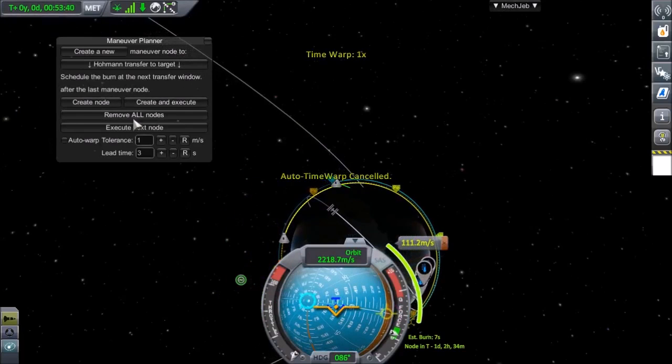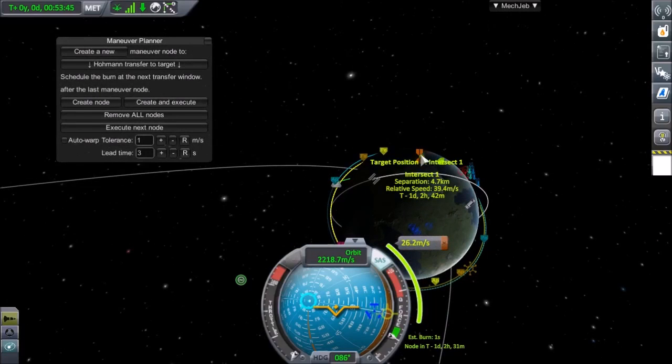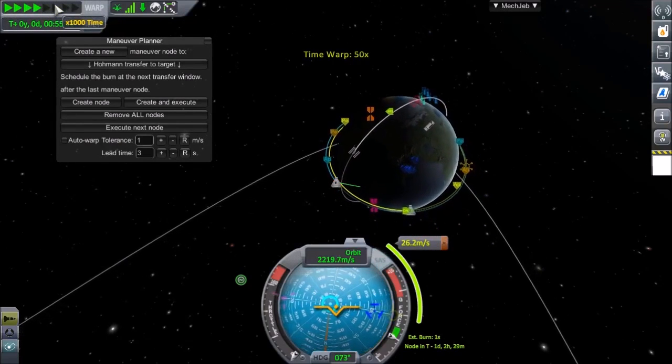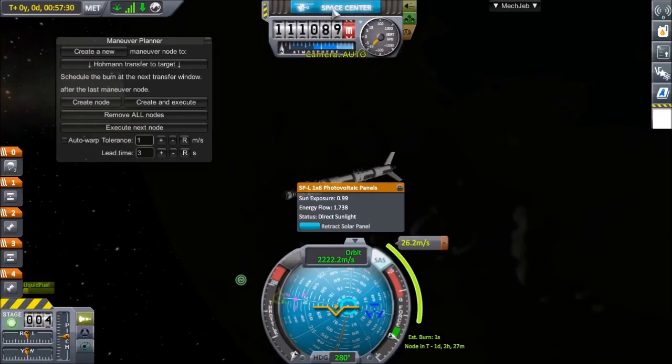Taken longer than I anticipated, so let's remove all the nodes. Let's try creating another node, see if that helps. Nope. That doesn't. That's still a terrible time away. We can't warp any faster than this, so we are going to go to the Space Center. That is generating electricity. We're going to go to the Space Center, go to the Tracking Center, and